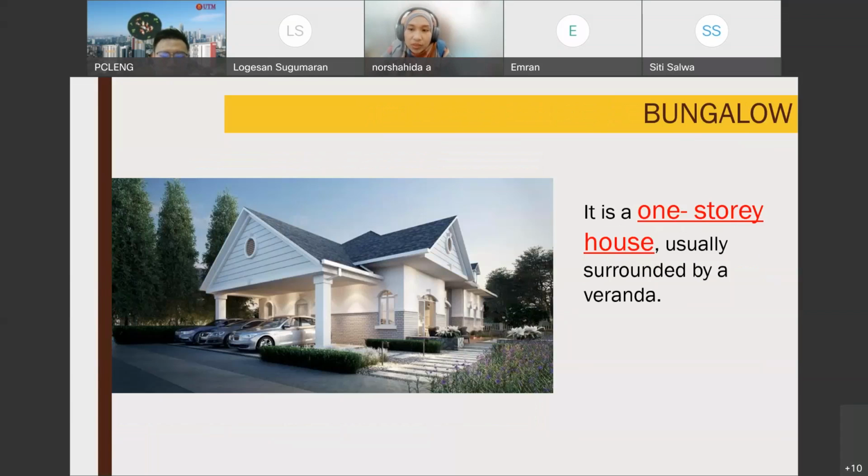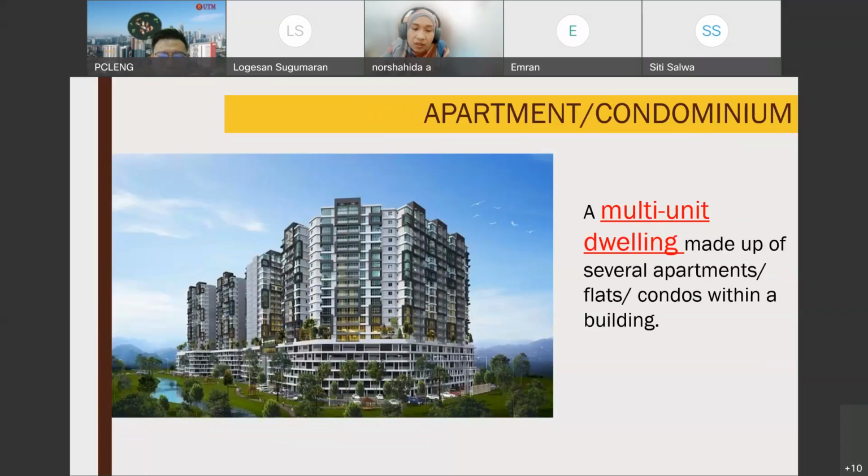And then we have bungalow. It is a one-story house, usually surrounded by a veranda. And then this is a common typology in most countries, in most developed countries, Malaysia, China, US, and so on. It's apartment or condominium, where it is a multi-unit dwelling made up of several apartments or flats or condos within